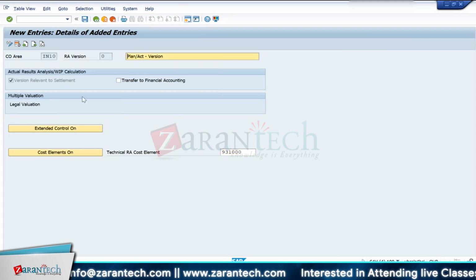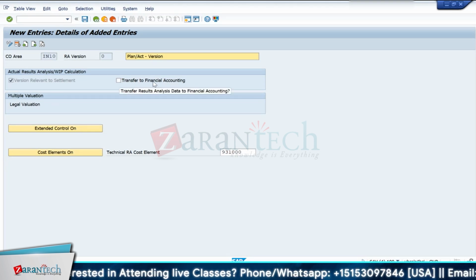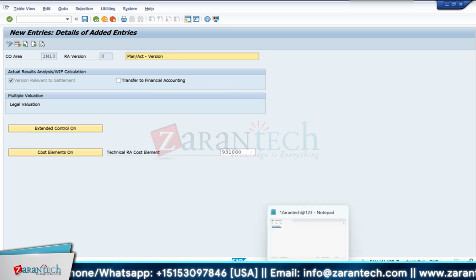Okay. Here the important thing is transfer to financial accounting. Once you calculate your WIP, whether you want to post it to accounting, like if you want to make a journal entry, right? Unless you tick this checkbox, then only it will post an accounting document. Otherwise, it will just calculate, it will ignore. Okay. So let's say you have issued raw material. In our case,